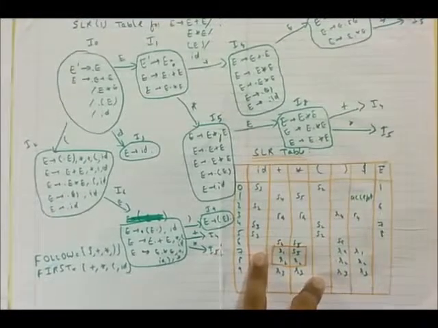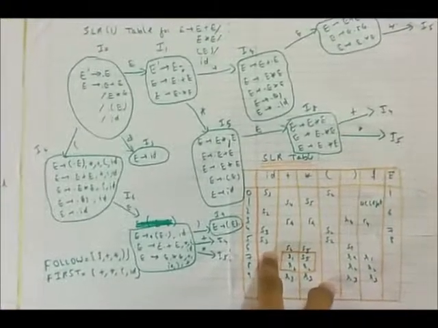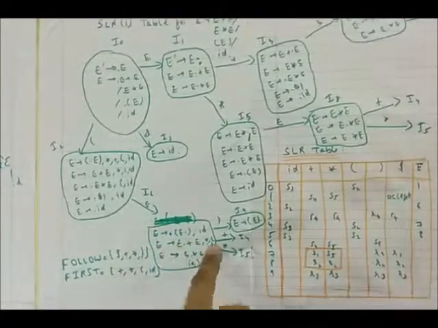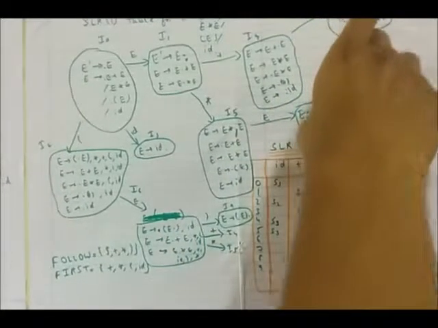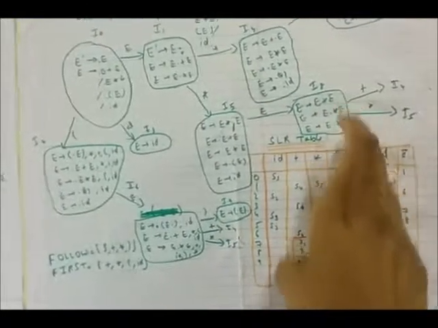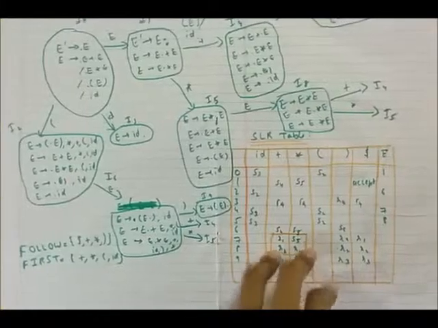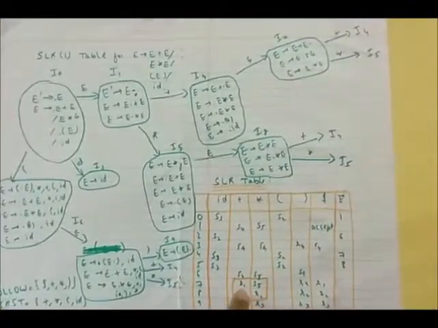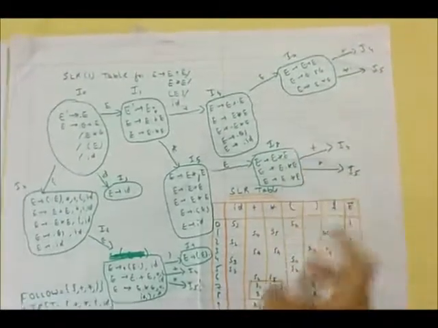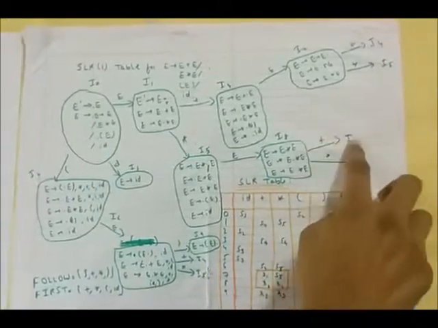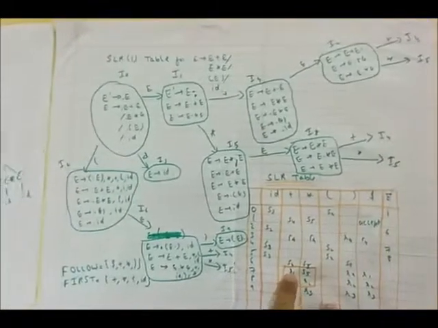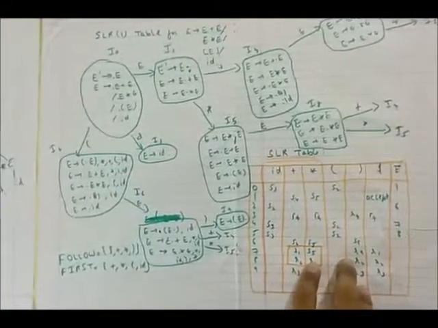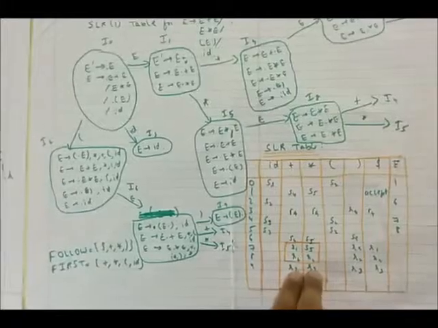And now these are the conflicts. There are some conflicts here since the first and the follow match, and since I7 and I8 are the same tables. So what we do is first we find the conflicts, and here we can see from I7 we have a conflict with plus and star since both go to I4 and I5. Here also I4 and I5. So we write here R4, R5, R4, R5. And since in I9 also we get R3, R3